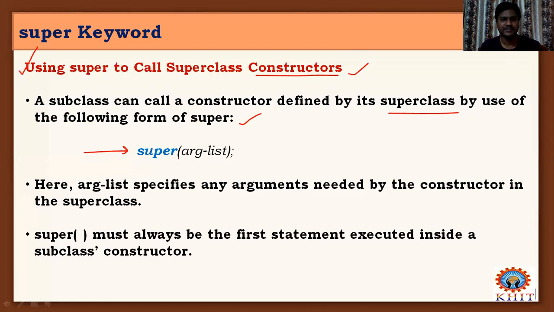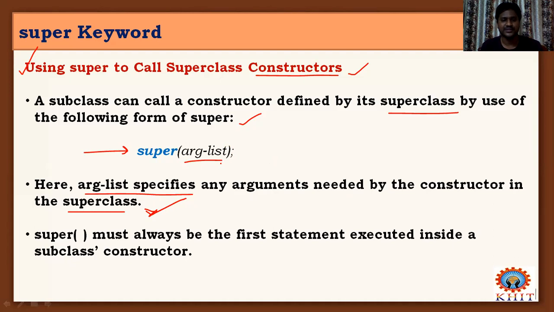Super keyword followed by parentheses. Inside you can give some argument list. We'll see how this super keyword is used to call the superclass constructor. Here this argument list specifies any arguments needed by the constructor in the superclass. And why are we passing these arguments to super as a parameter? Because the arguments are needed by the constructor defined in the superclass,